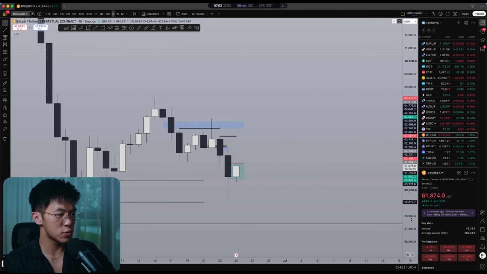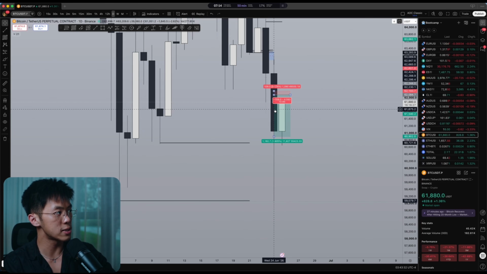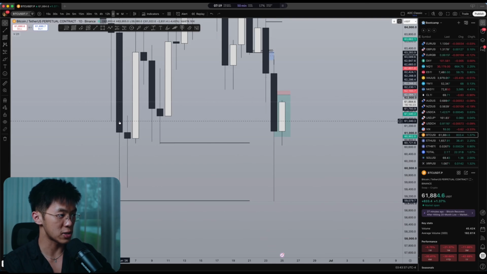But anyways, just to zoom in a little bit, depending on what chart you're on, you may or may not have had the weekly objective be taken, right? Right now I'm on the Binance Perpetual Futures chart, and I can see that the low is at $59,060, and this low right here is $59,080. So technically the low has already been swept.